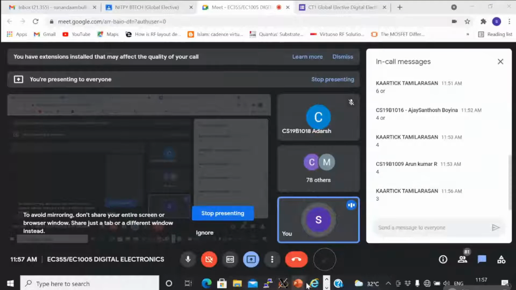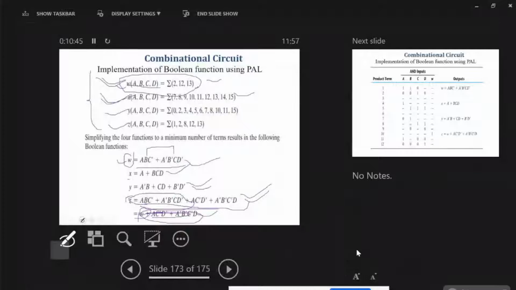If we see, because if we don't consider this one replacement with W, four number of... so obviously what happened, the flexibility involved with the PLA, we are not using this. So the flexibility is that we can reuse the outputs here. So here, if we replace here, so only three number of...